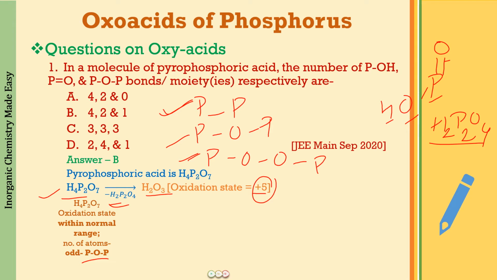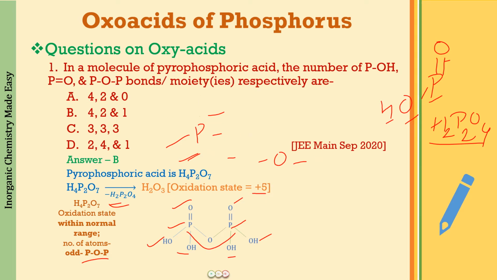linkage, right? So based upon that understanding, we draw the structure for each phosphorus: a P double bond O, a P-OH, a P double bond O, and a P-OH. Then we have learned that this compound is going to have a P-O-P linkage. What is going to be remaining behind from this H2O3 is going to be 2 hydrogen, 2 oxygen. So we distributed them equally as 2 OH groups. So this is an easy way to learn the structure of pyrophosphoric acid, and similarly you can do it for the rest of the acids as well.